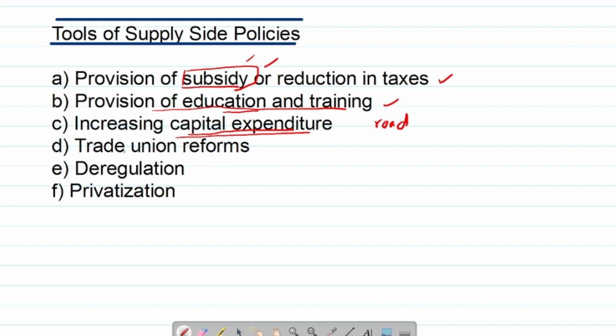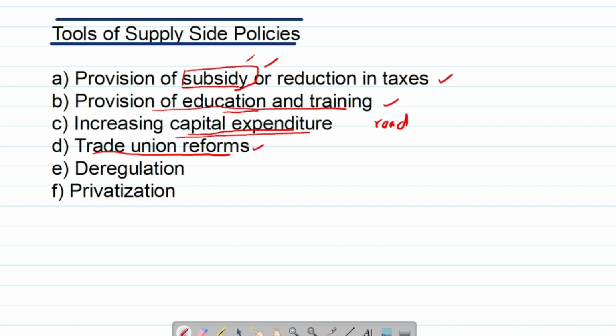And the next thing is trade union reforms. Trade unions are associations of workers that work for the benefit of their member workers, right? So generally what trade unions do, they call strikes and interrupt the production process, and the flow of production is interrupted, and as a result overall production and supply will be low in the country if trade unions are forcing the